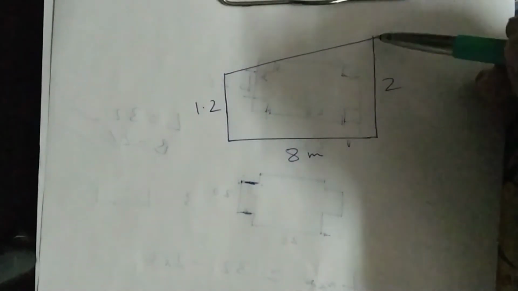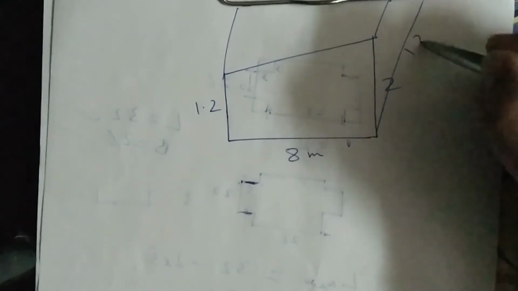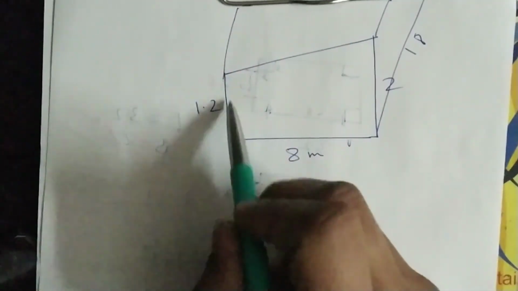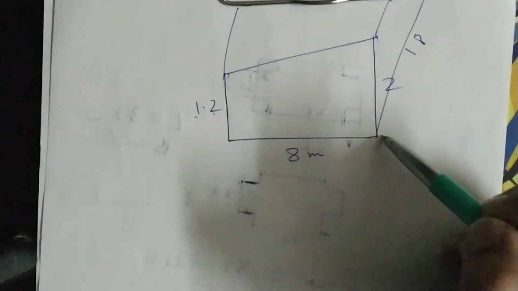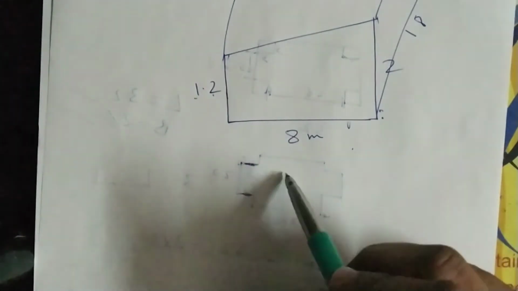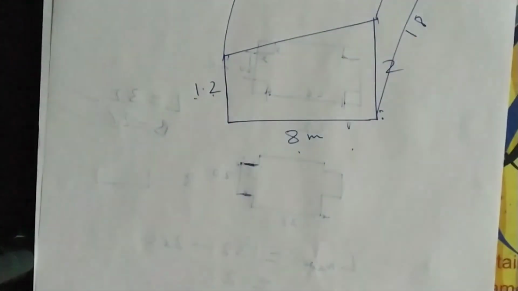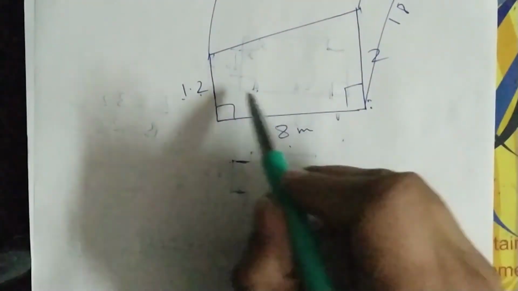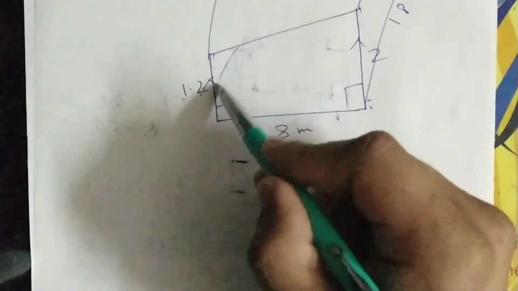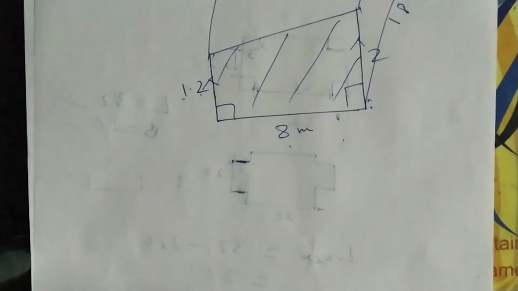Its length is somewhat here, so this is 18 meter long. So now this is the cross-sectional view. The shallow side is 1.2 meter, the deeper side is 2 meter, and the width is 8 meter, and the length along this side is 18 meter. So as these two sides are parallel, this is a trapezium. If I talk about this area, this is a trapezium.